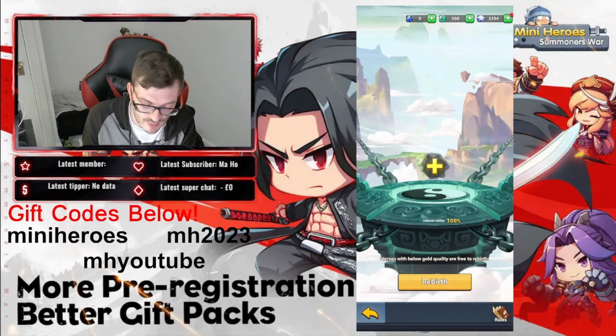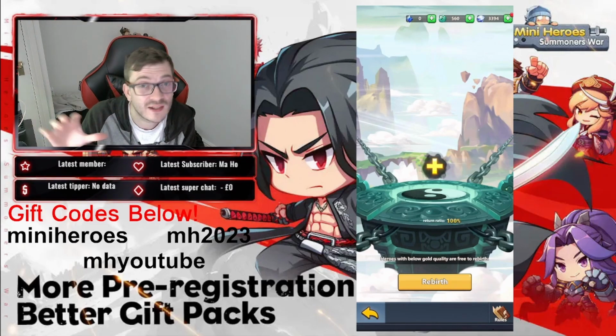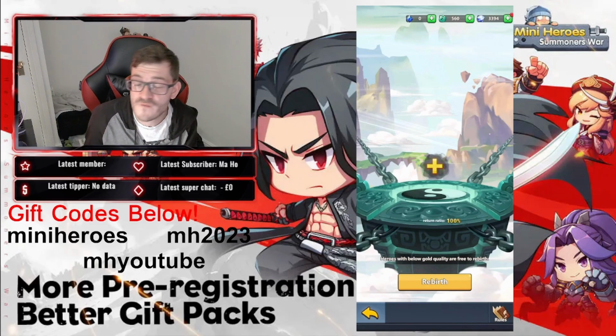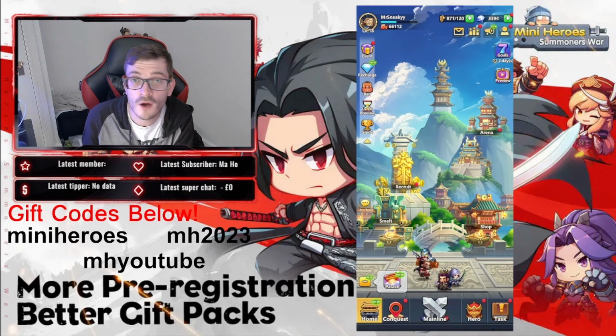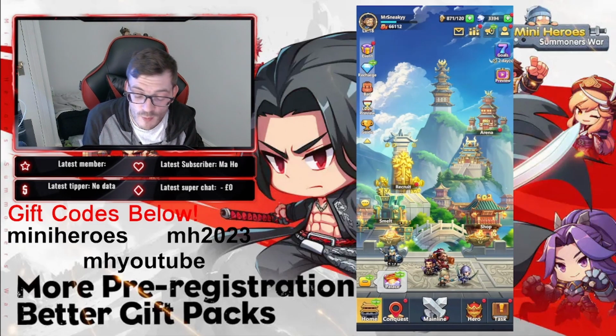So just remember, you can always rebirth your heroes in Mini Heroes. If you've gone straight away and checked a tier list and found a meta build you want to run, you can do that. It's a really forgiving game. So try it out. Honestly, Mini Heroes, Summoner's War, made by ZB Games, amazing game for the mobile genre,